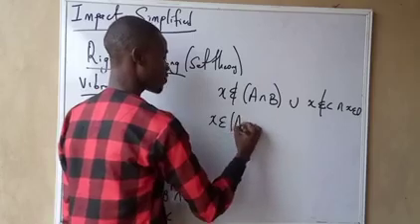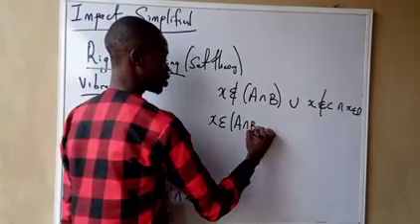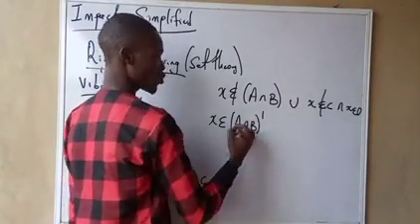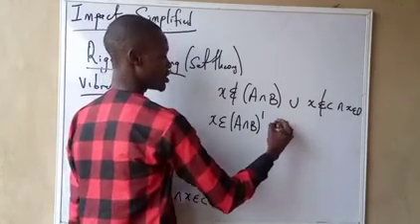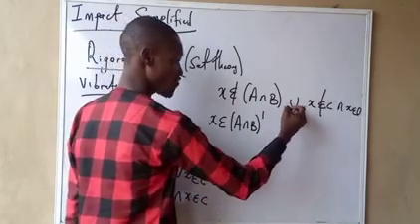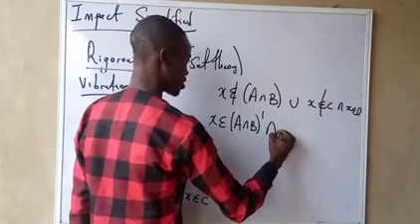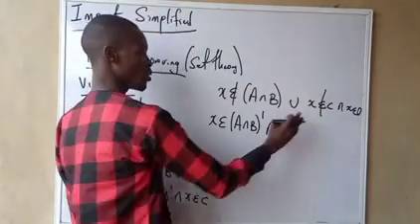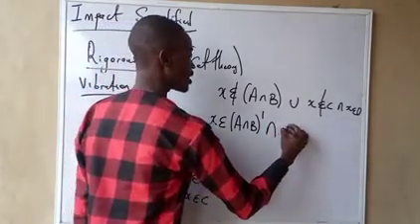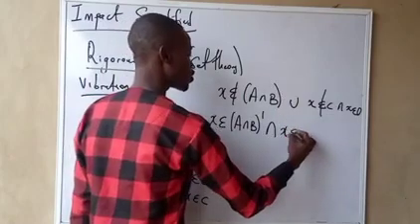That means we will now have it as what? A intersection B. The vibration will bring a complement. There is still a vibration. This union will change to intersection. The vibration will stop anytime we are having X, and that means X not an element will change to element